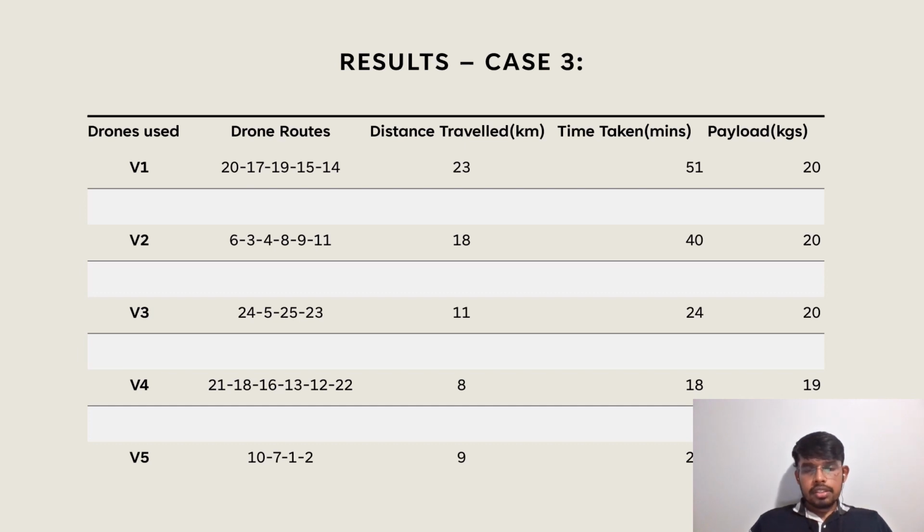And these are the results for case 3. I've taken case 3 as low demand, so I've used a different demand and a different drone with a different payload. The maximum capacity the drone can carry is 22 kg, and it does a pretty good job. Here no drone is placed idle, which means every drone is in operation.